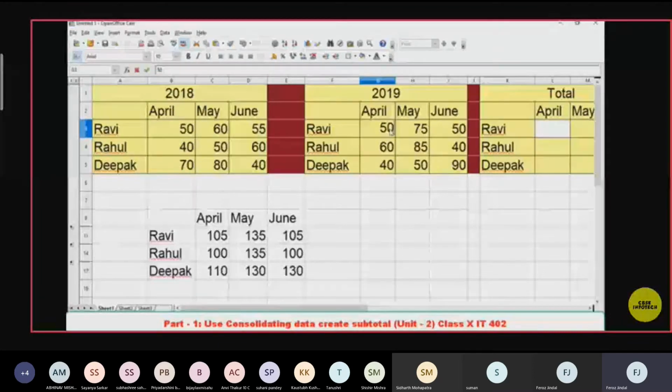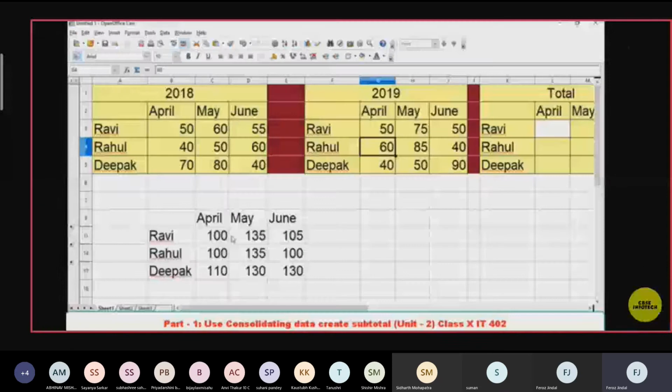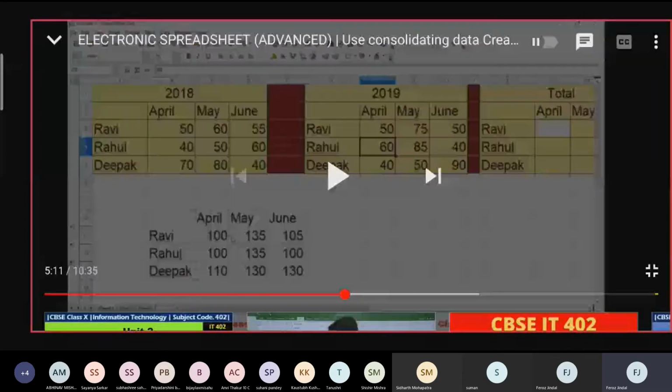If I change some data, it will automatically become 100. So what is happening here? This is the consolidation where the total is coming automatically, and the third part which I just showed you before is that it is linked to the source data. When I checked the option linked to the source data, that means whatever changes are done on the source data will reflect on the final one. So that's why when I change the second value to 50, the value changes to 100 automatically. 50 plus 50 for Ravi. So this is the consolidate data, the meaning of consolidate data.